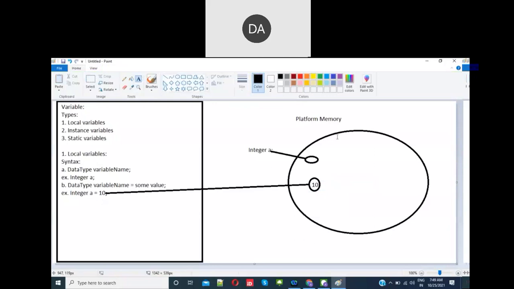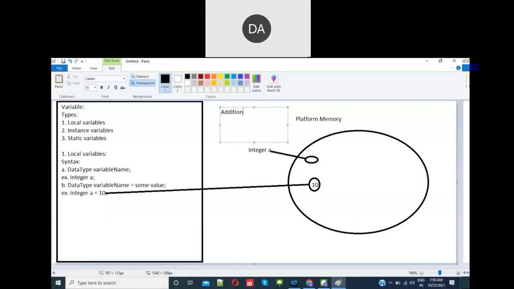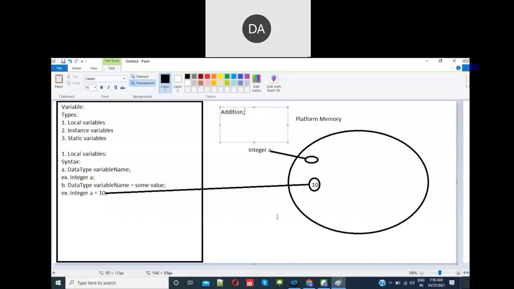That's the force.com platform memory. Now, if I want to perform, say a equals 10, I need to perform one addition operation. Let's say I need to do 10 plus. Okay, now let's go ahead and do this inside the Salesforce application. If you go to the setup,